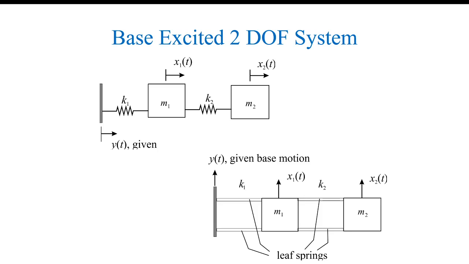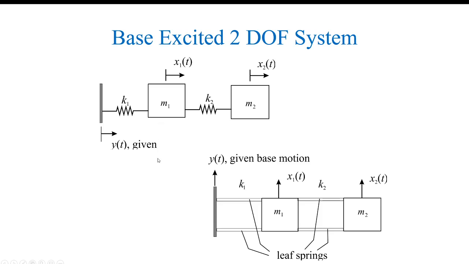Instead of a regular coil spring, we have leaf springs, which are flat plates that can bend. You can see the plate if you view it from the side. The reason I put it sideways is that mathematically the equations of motion are exactly the same as the ones we studied in